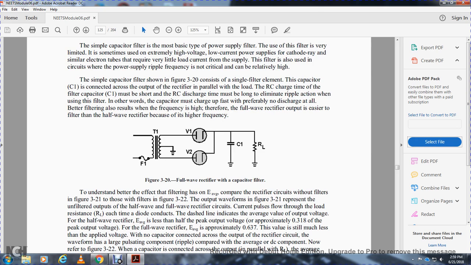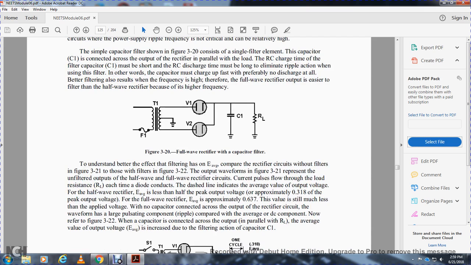In other words, the capacitor must charge up as fast as possible, preferably, with almost no discharge at all. Better filtering results when the frequency is higher, therefore a full wave rectifier output is easier to filter than a half wave rectifier output. Alright, transformer 1, fuse 1, going to ground, and V1, V2 going to capacitor 1 and